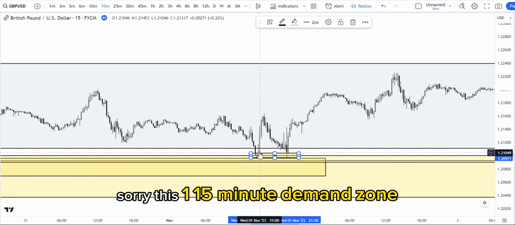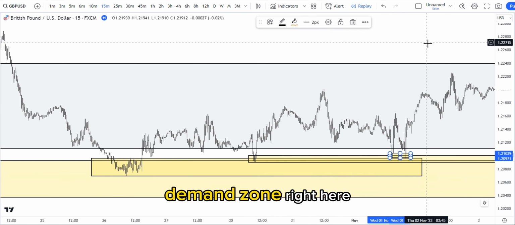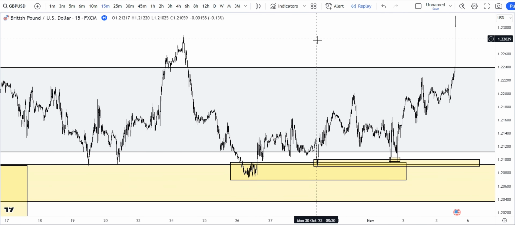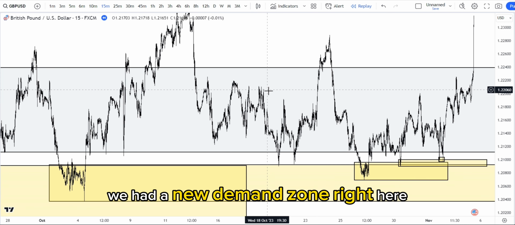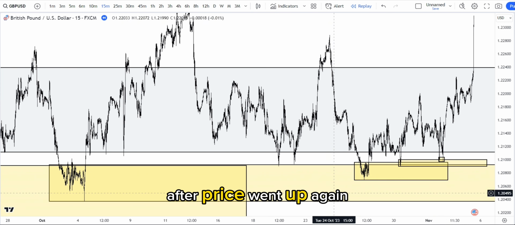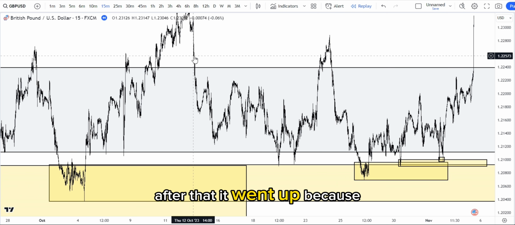Sorry, this one, 15-minute demand zone. We had a new demand zone right here. After price went up again, it took the new demand zone and then went up. After that, it went up because